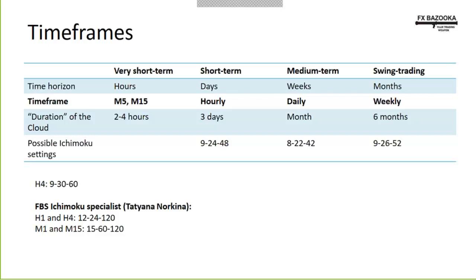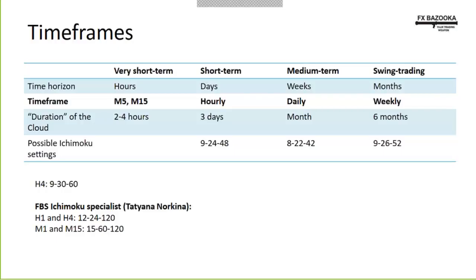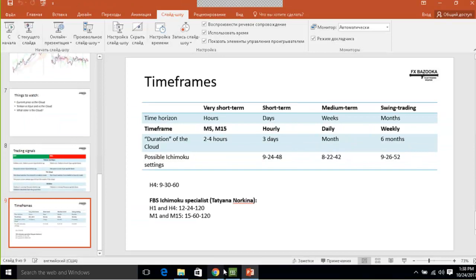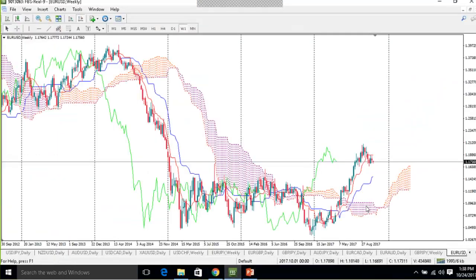Let's have a look at the chart because, well, it is not all theory. It should be kind of practice as well. So we have euro dollar. What does the Ichimoku indicator tell us here? What are the signals? Well, first signal is the color of the Ichimoku cloud. The first thing we need to watch. Clearly, the current color is bullish, and